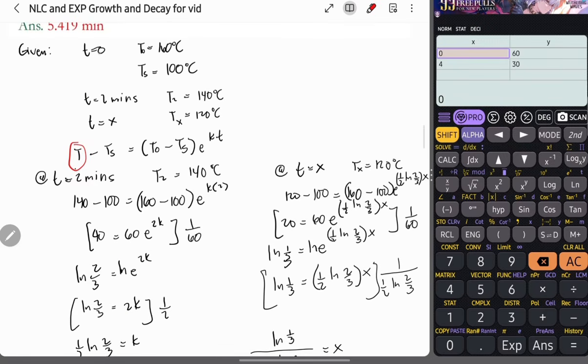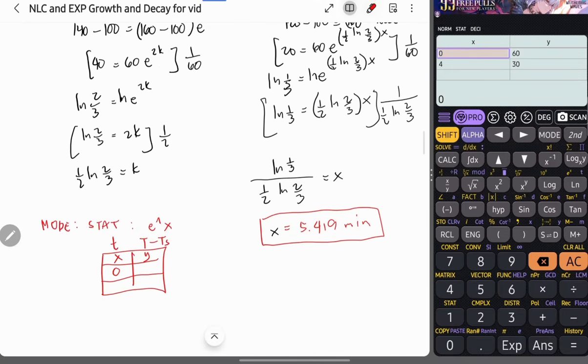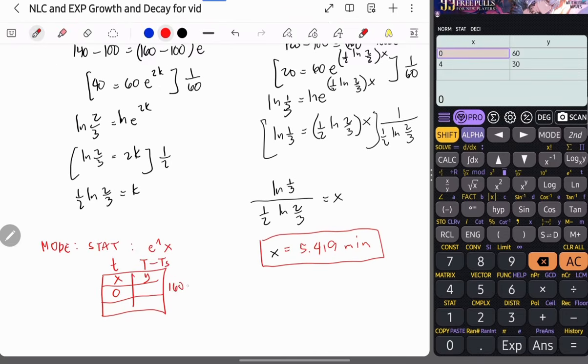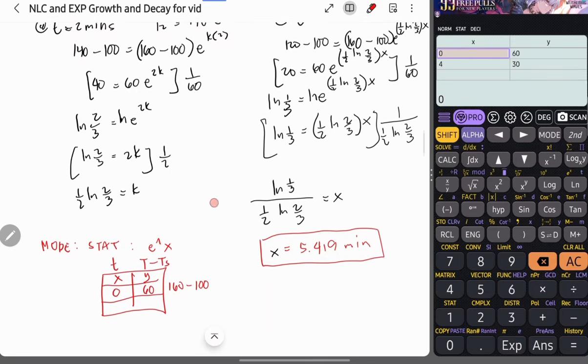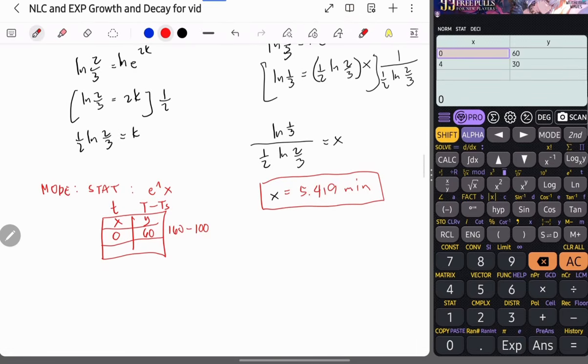When time is 0, the temperature is 160 minus Ts. 160 minus Ts is 100, so we will input 60. Next data is when the time is 2 minutes, the temperature is 140. Minus the Ts 100, so you input 40. So when you're done inputting the data,